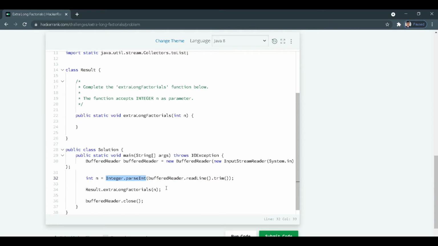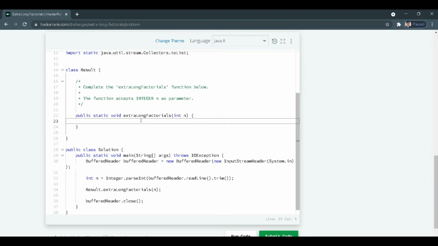They have defined a different class, Result, and simply called Result dot this function name inside the Solution class. We need to complete this method, extraLongFactorials, which takes the input n.